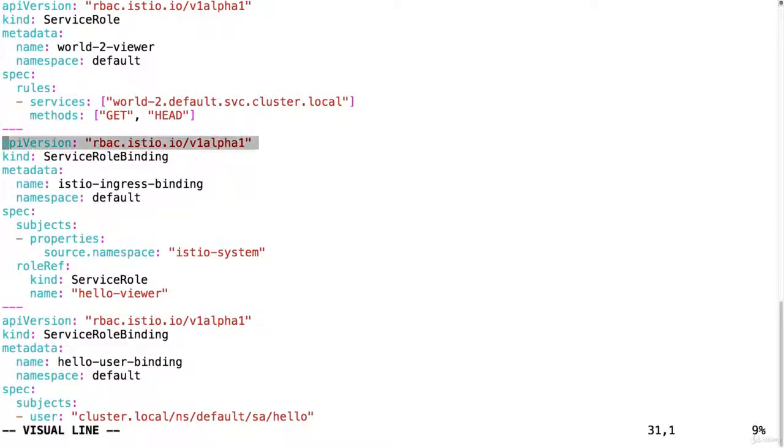Then we can do the service role bindings. So I explained to you that we need to bind these service roles to a subject, and this can be a service account or we can use properties. In this case, we're going to bind it using properties. We're going to say if the source namespace is Istio system, then we'll bind the Hello Viewer. So anything in Istio system has the service role Hello Viewer, and Hello Viewer can then access the Hello pod,